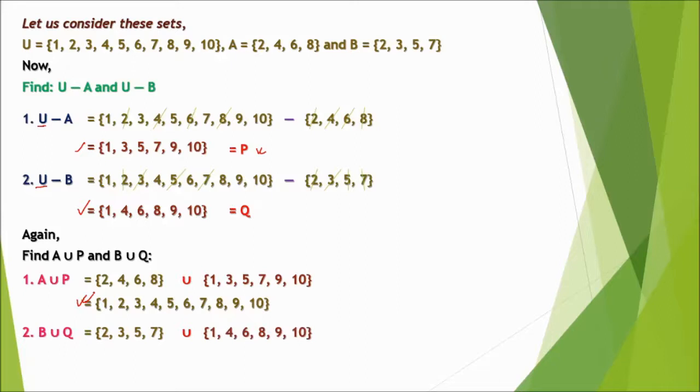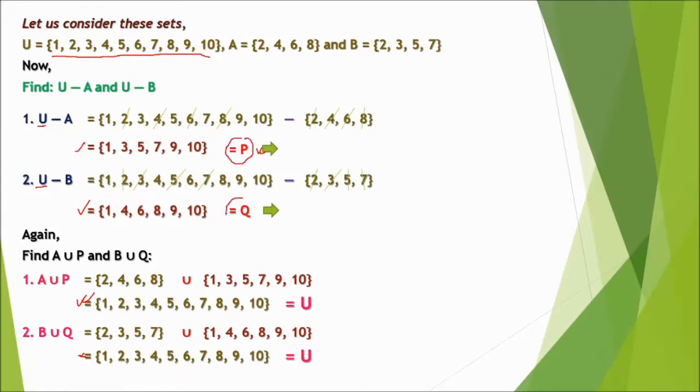Okay, now let's write inside the curly bracket. So what is this set? This set and this set. What is this set? Both of these sets are the universal set, isn't it? It is the universal set. So what does this mean? What does this P and Q mean now? As the union of P and set A is the universal set, the union of set Q and B is also the universal set. What it means is,